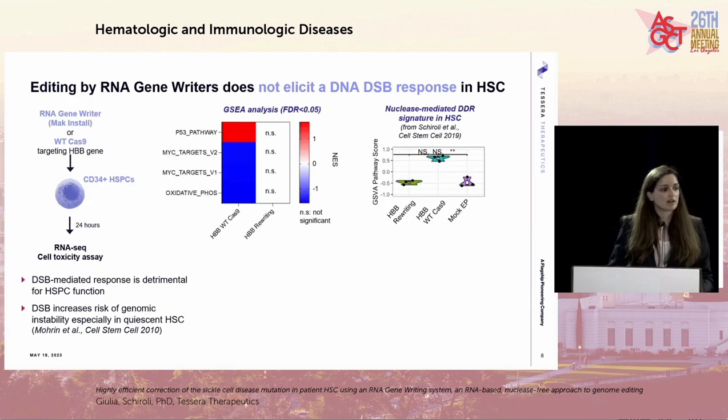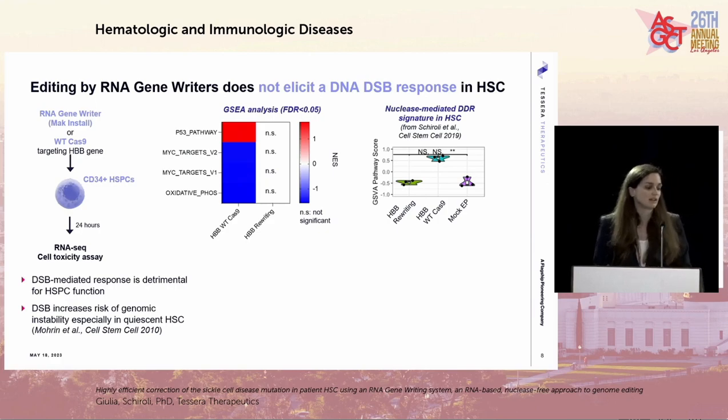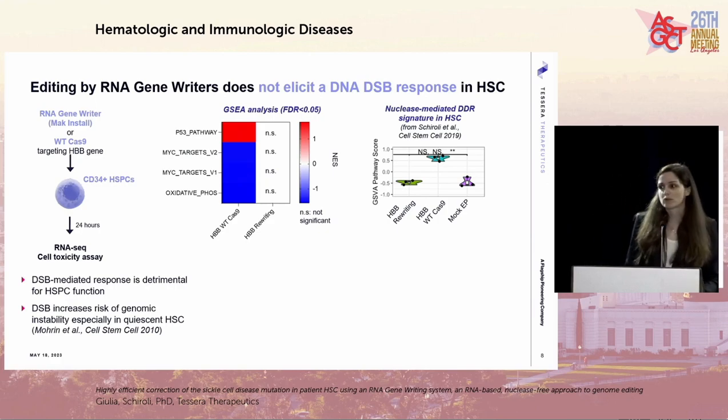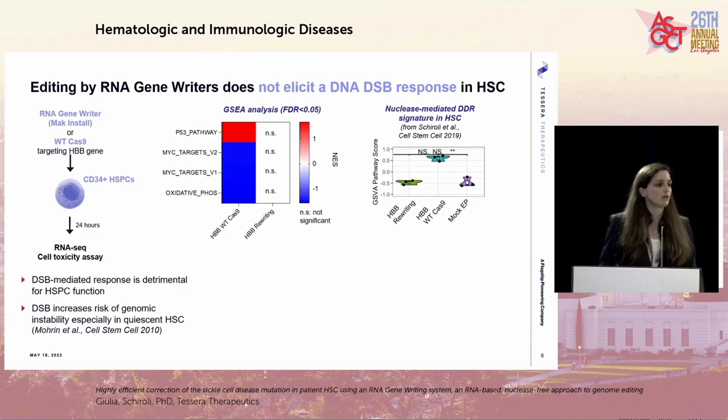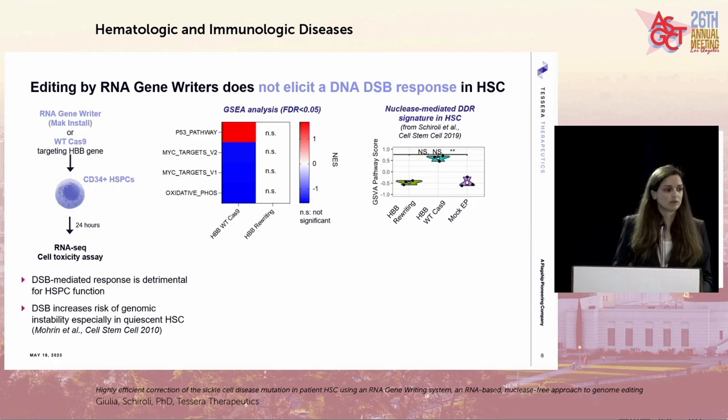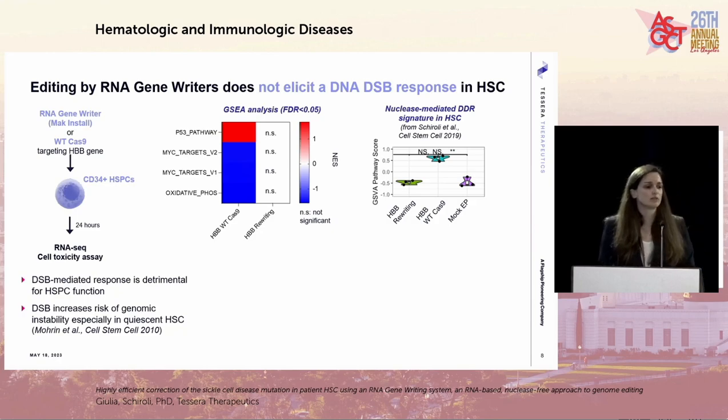By performing RNA-seq analysis, we were able to observe in the wild-type Cas9 treatment upregulation of pathways already characterized by the literature as a consequence of the double-strand break, such as upregulation of P53 and downregulation of cell cycle-related pathways. None of this alteration was observed in a significant way with our technology. And we also tried to characterize more in depth